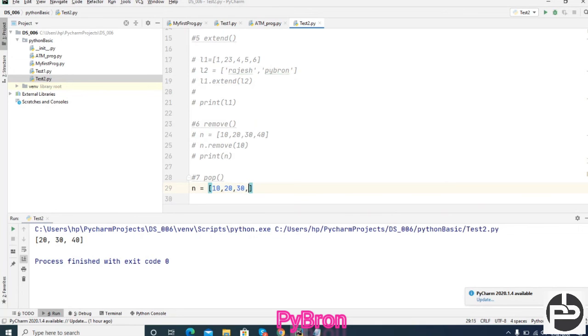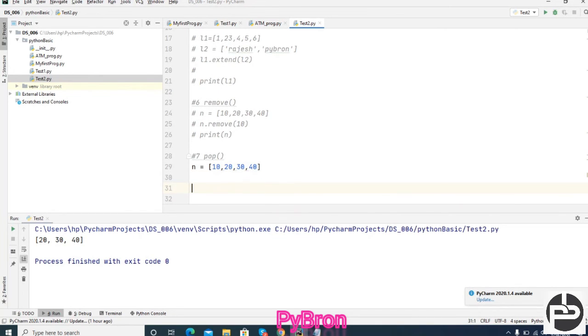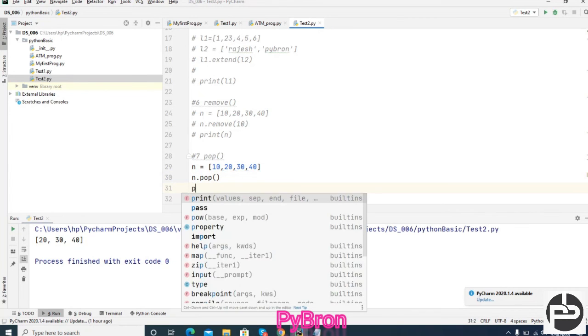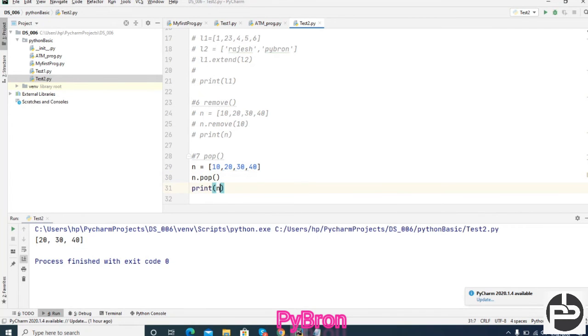Let me show you, one minute, be online. If you are calling n.pop, what output are we getting? Print n, and now what output are we getting? Can you please observe here? If you call the pop method, it always removes the last element.